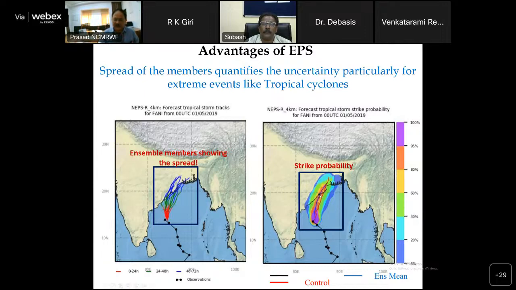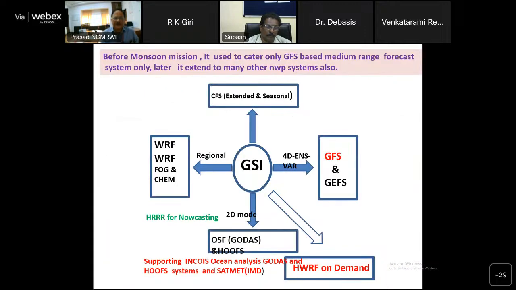Highest probability is there. This information is available to the planners, so they can plan evacuation depending upon the probability and take precaution on that one. Similarly, with implementation of this